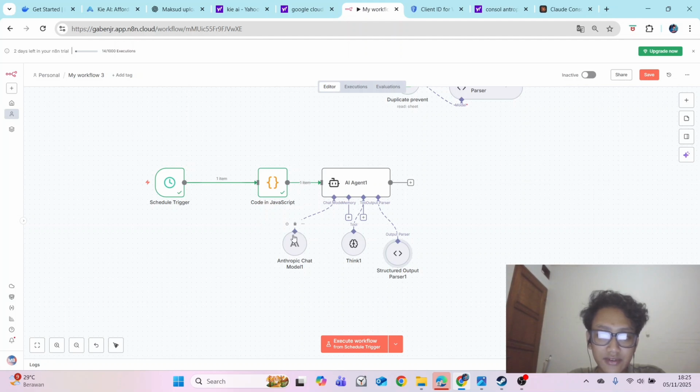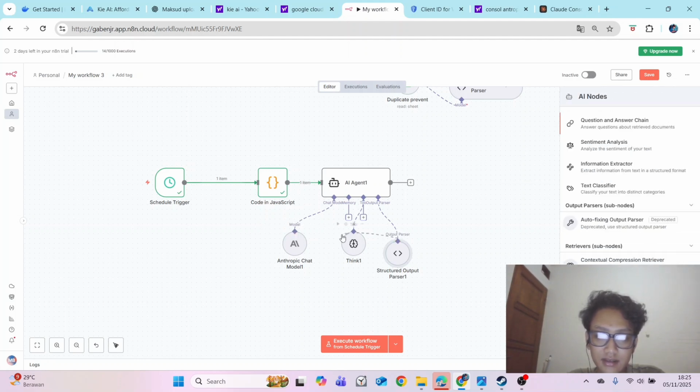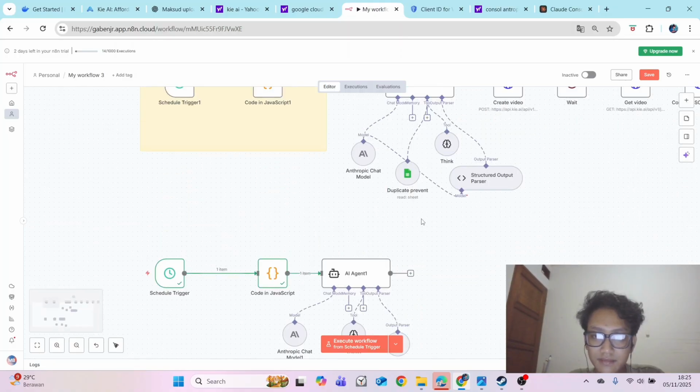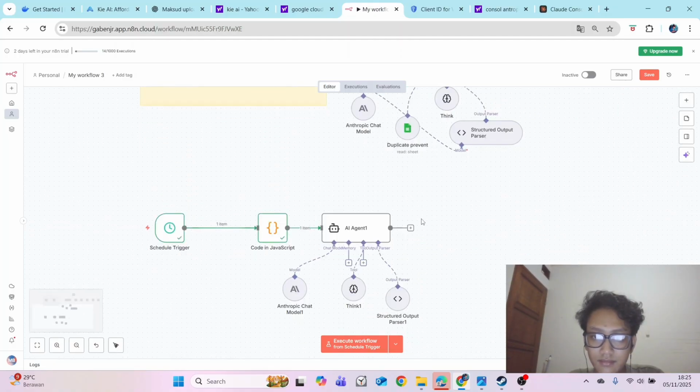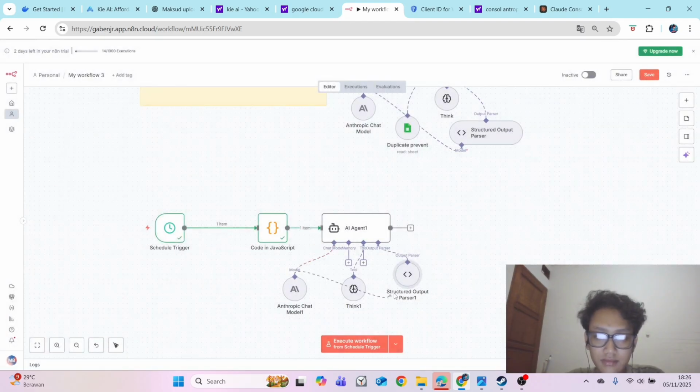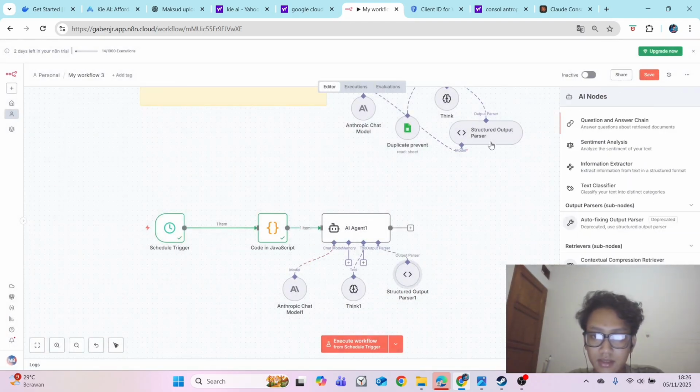just drag the Anthropic chat model into the structured output parser like this. Wait, why can't I? Wait, let's wait a second. Why can't it be connected?